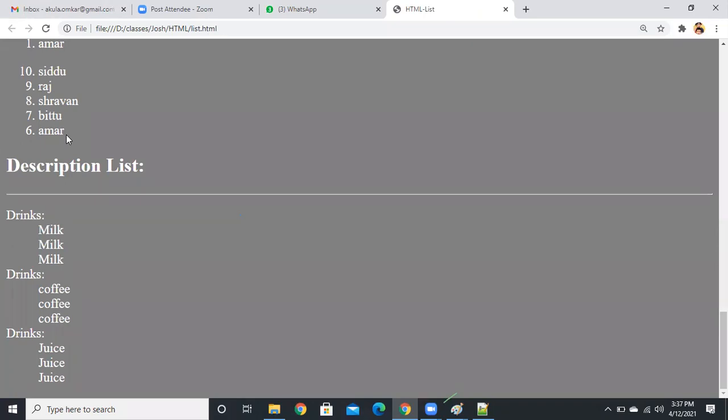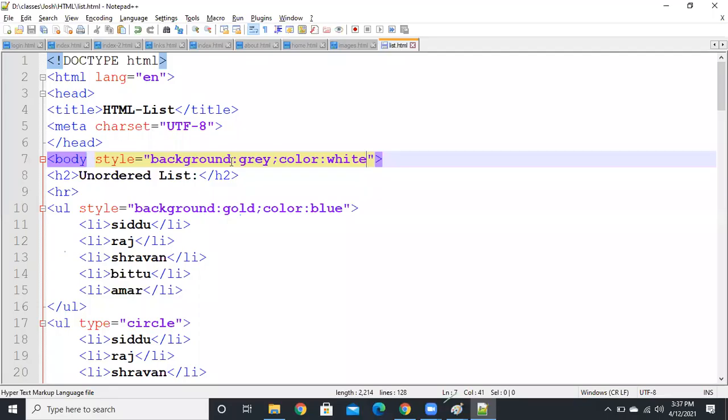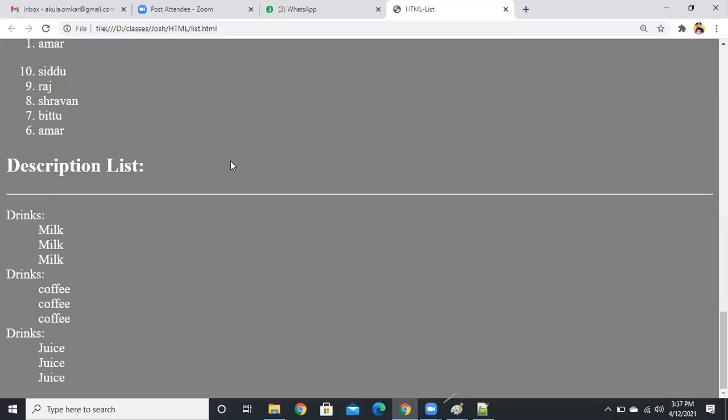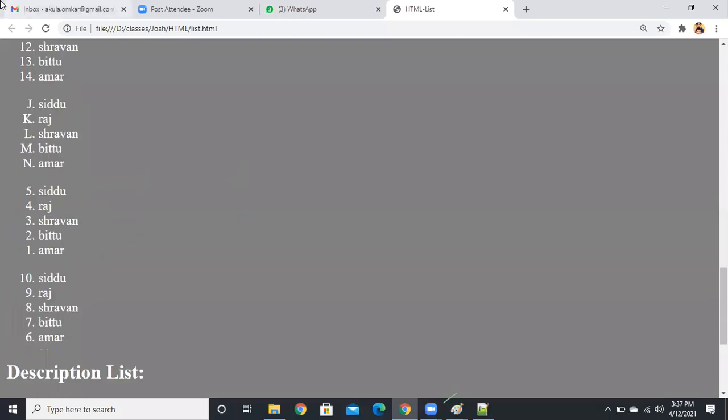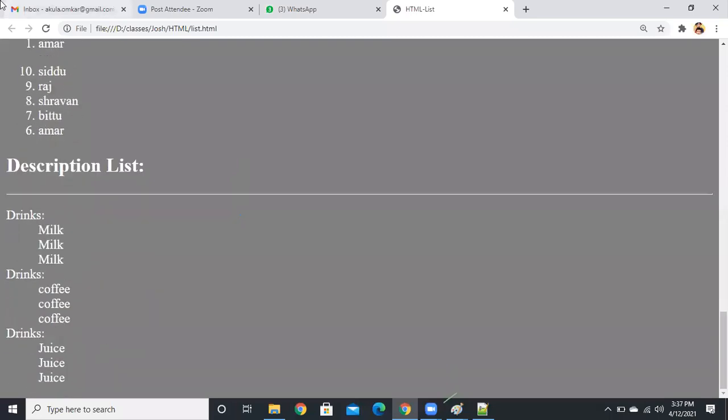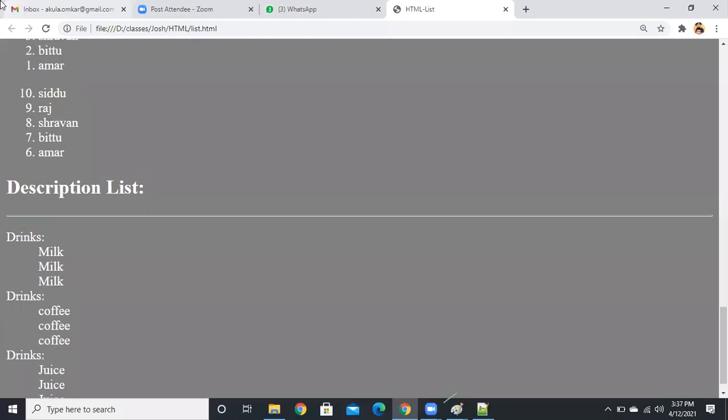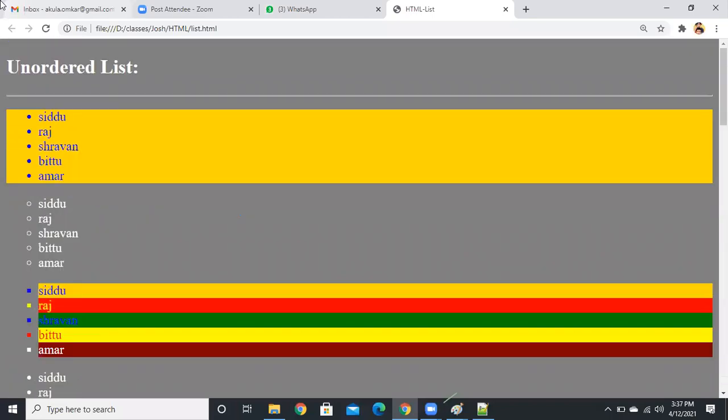Okay. They agree, right? Background color. See, actually, background has sub-properties: background hyphen color, hyphen image, hyphen position, hyphen repeat. We have so many properties like that. Okay, this is about lists, guys.